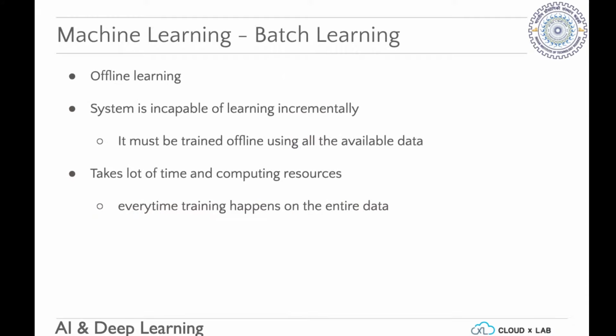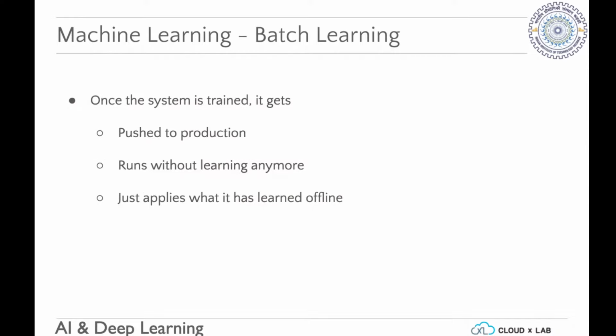So batch learning can do offline learning. So you basically have all the data offline. You may have several gigs of data. So if you're trying to train a machine learning algorithm on the entire ImageNet set, you will take the entire data and you will break it up and you will feed all the batches. Now, as I said, this is offline. It is incapable of learning incrementally. It needs to get all the data available, maybe in batches. And so here we are going to train on all the data, but it would be broken up into batches.